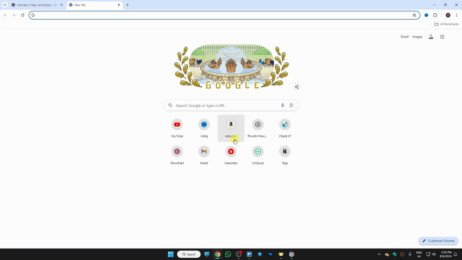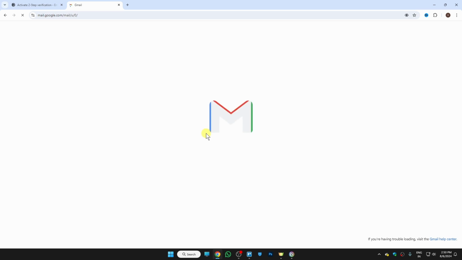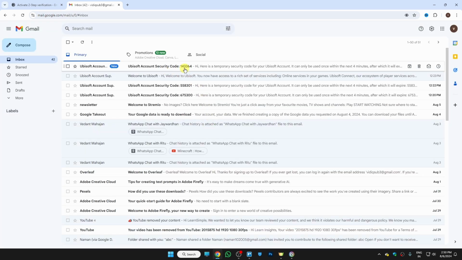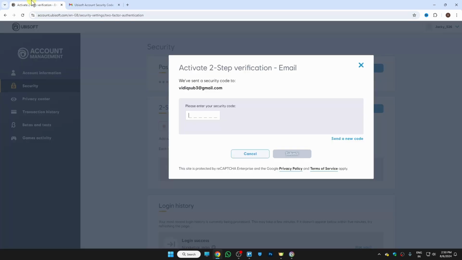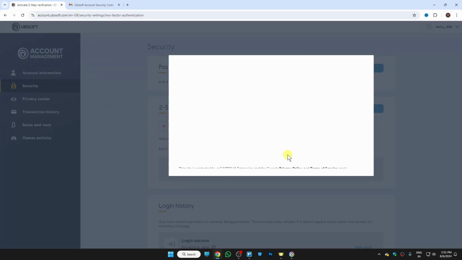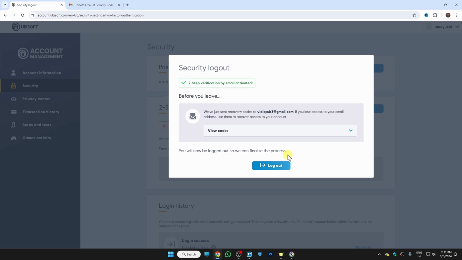Now open the Gmail inbox of that email. I'll simply open it on my computer, and here you can see I have received this email. All we need to do is type this exact code on our Ubisoft Connect two-step verification page. I'll simply type it here. There you go, I have successfully verified my Rainbow Six Siege code through my email, and it will ask you